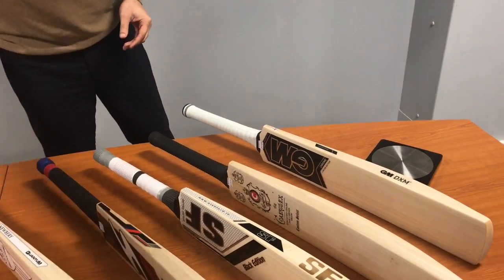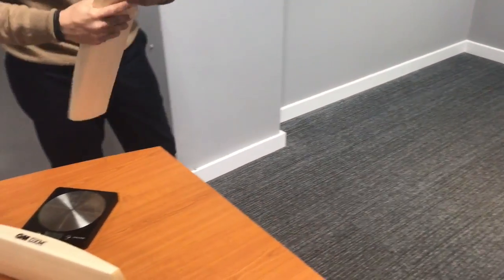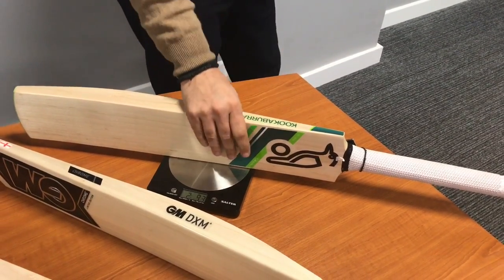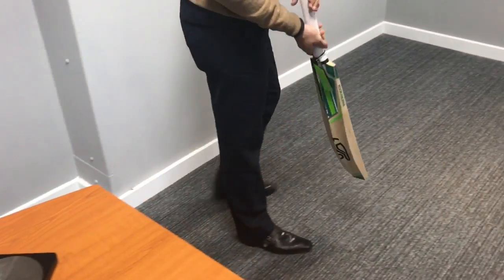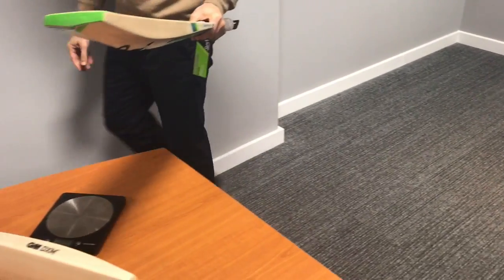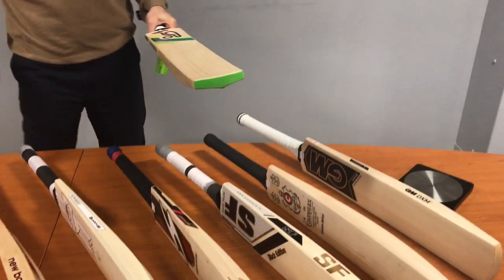Look at the Kookaburra Kahuna 2000, which again, I think was 2.9. I think it's 2.8. Yeah, 2.9-ish, but with the stickers, with the labels taken off. Yeah, I mean, that feels beautiful. That feels like a 2.8. It's got a nice feel to it. So in terms of what these sort of bats feel like with a mallet,